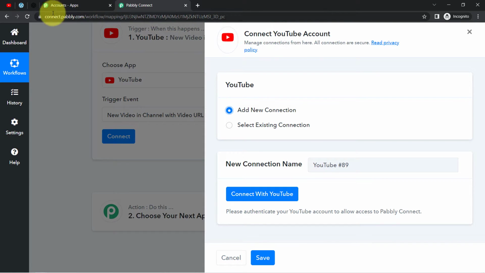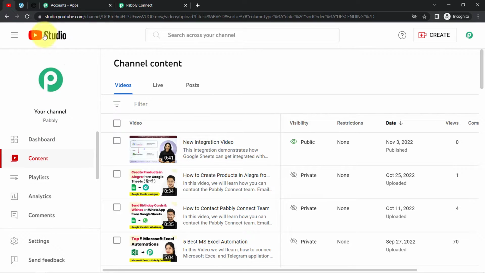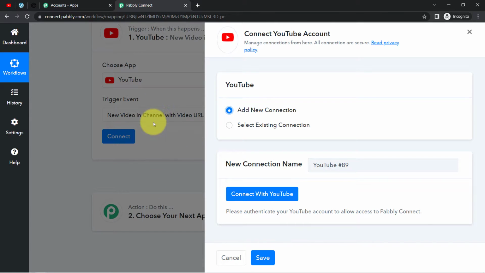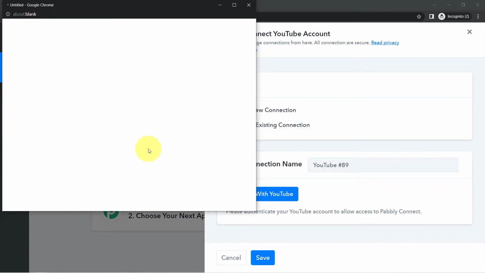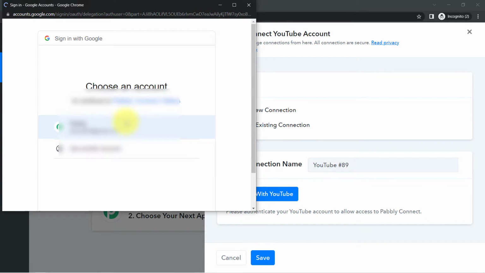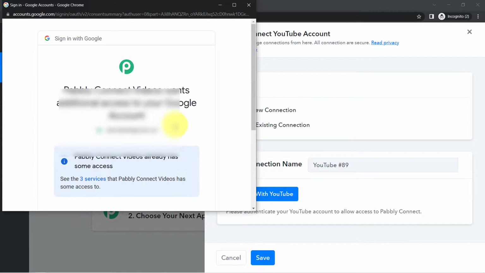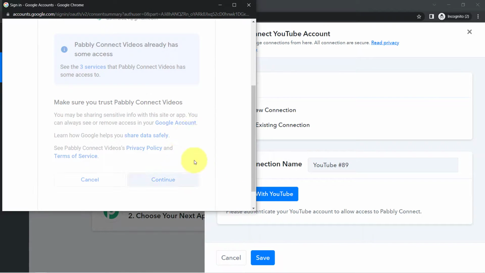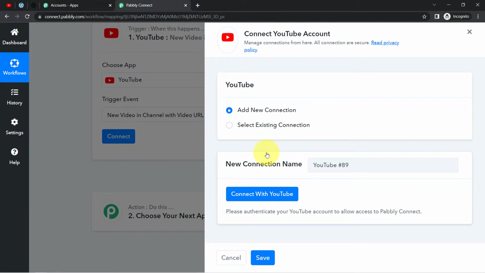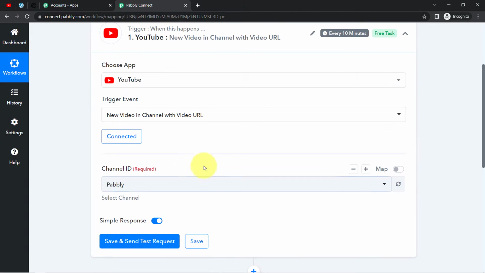connecting our YouTube account with Pabbly Connect first, so that we can bring the data of YouTube videos here into Pabbly Connect, and then we are going to send the very same data to further different applications. Okay, so connect with YouTube and provide the access of your YouTube channel here, and don't worry, Pabbly Connect is 100% safe. So I have provided the same, and you will see the authorization will be successful. Okay, click on continue and the authorization will be successful, and your YouTube account will be immediately connected with